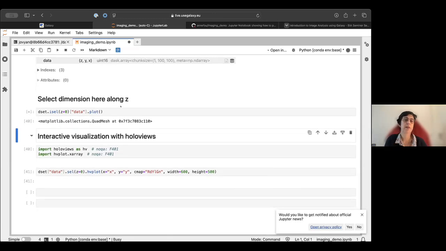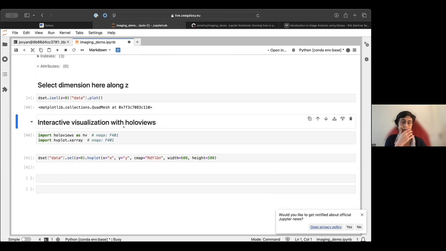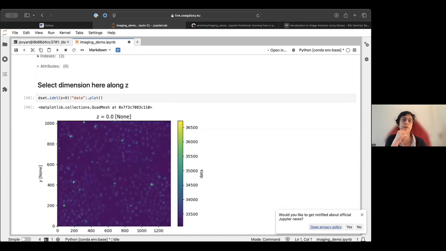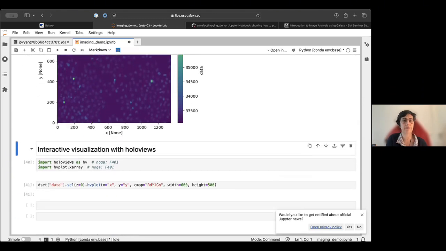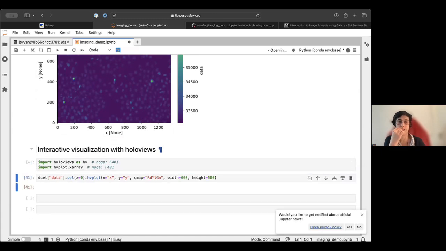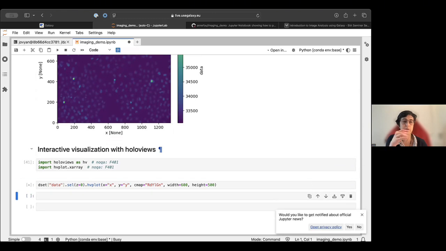And I can also make some interactive visualization, so it will take a bit of time. When you have these chunks, the default plot with Matplotlib is very slow because it has to handle all the different chunks. Well, if I use HoloViews, which is interactive visualization, another package in the Python ecosystem, I can make a visualization and I can make it interactive.